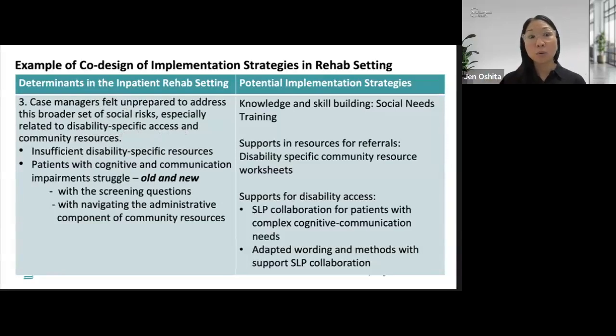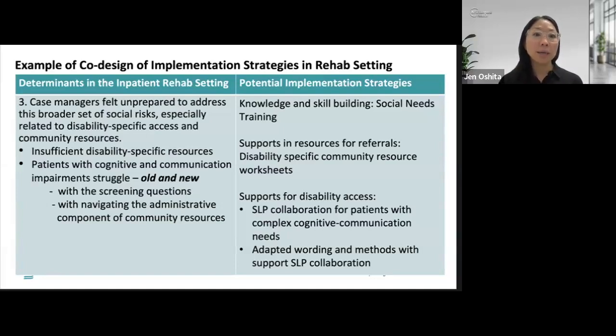that could support or had capacity to individualize food availability by dysphagia diet, let's say, right? Like what do you do about referring a patient with dysphagia to a resource for when they have food insecurity if they have dysphagia, as one example. And then patients with cognitive and communication impairments struggle both with the screening questions and with navigating the administrative component of community resources. And this